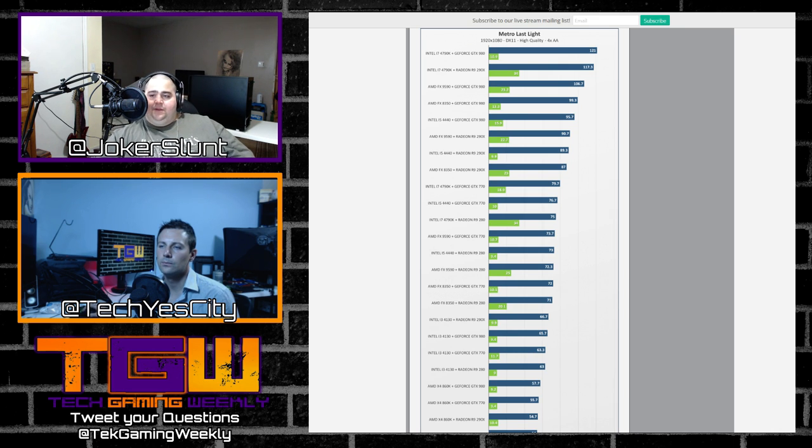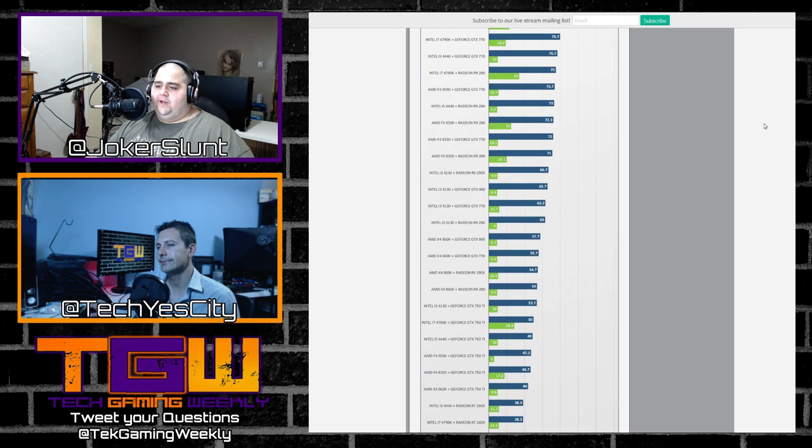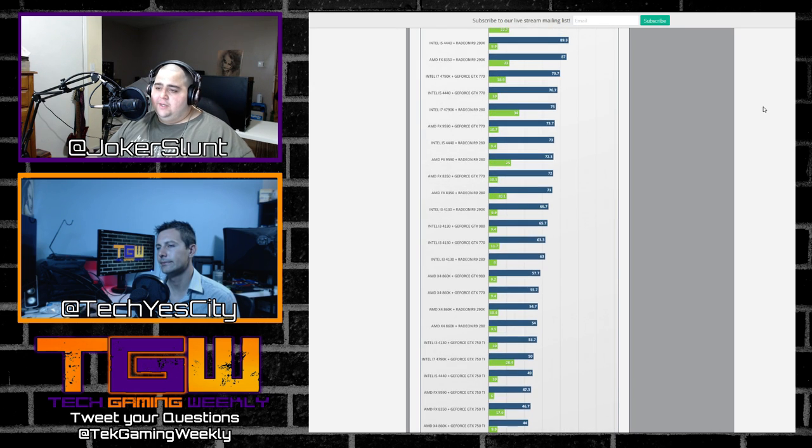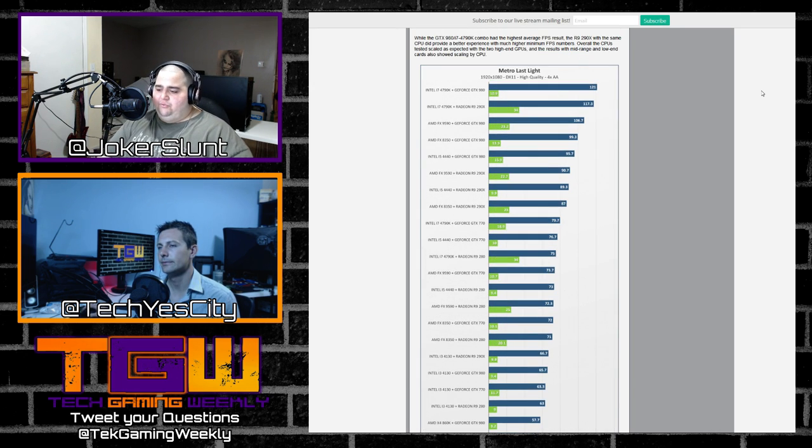The data on here is such valuable information for people like us, because people are always saying, what CPU should I get with this graphics card? Is it going to bottleneck me? Well, now we can stop wondering because we can look at these numbers. Looking at the one up right now from Metro Last Light,